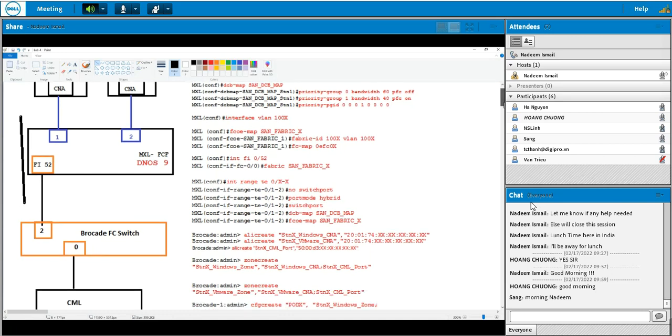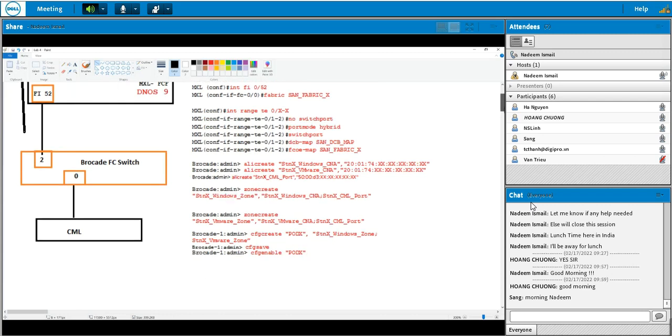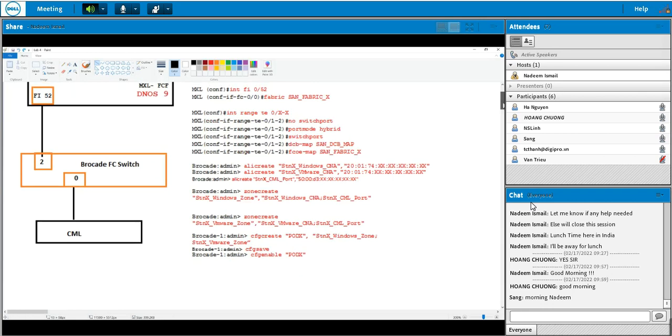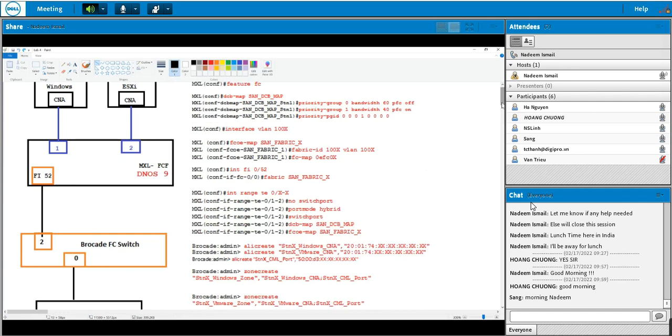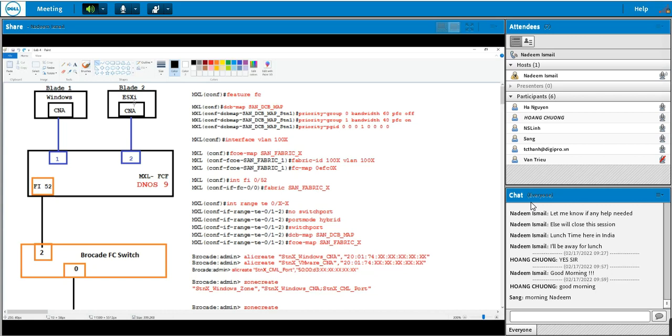And to this Brocade FC switch, we've got some storage. And this storage is used by Windows and ESX. So they have their Compellent storage. Compellent storage is native to